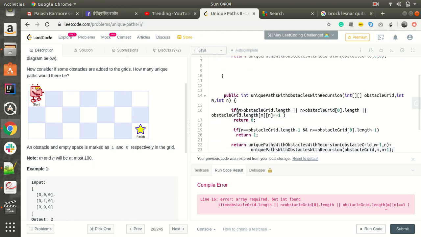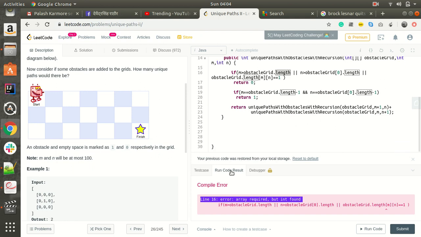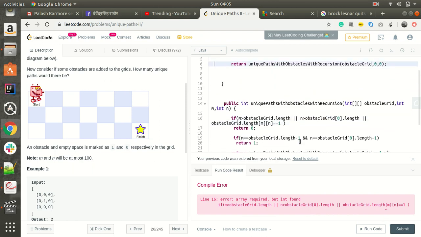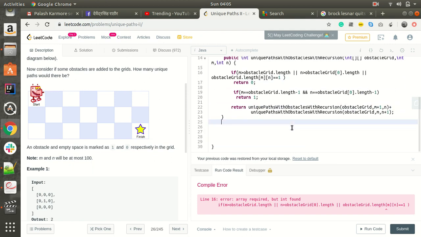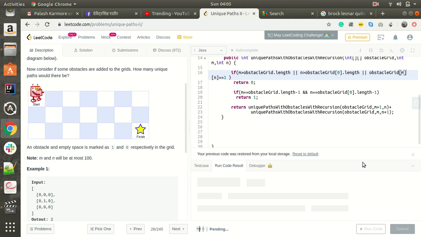If m is greater than obstacle grid dot length, what it is saying, if m is greater than obstacle grid length, and just a minute, okay, obstacle grid dot length, oh, that's the reason. Control Z. Okay, let's run it.